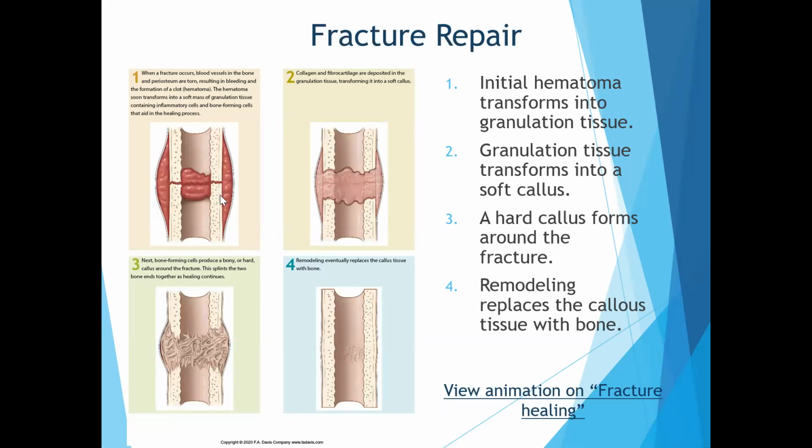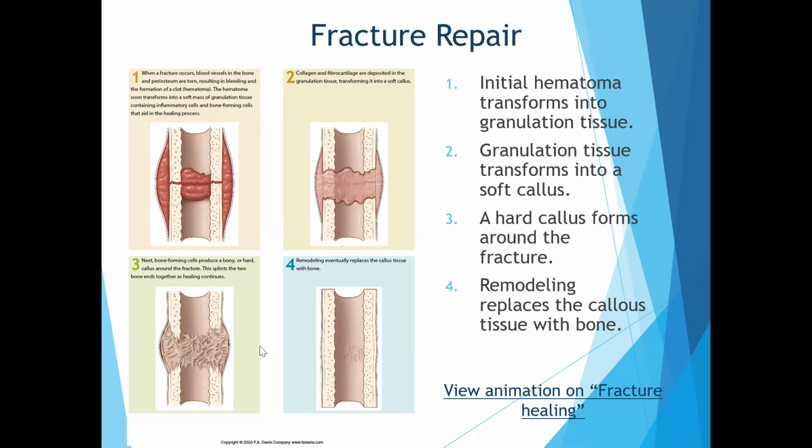That hematoma and clot end up turning into what is known as granulation tissue, which is our very immature tissue. But that granulation tissue has inflammatory cells, bone forming cells, all the materials we need to start repairing that bone. The granulation tissue has a lot of collagen and fibrocartilage, and so it's what's considered a